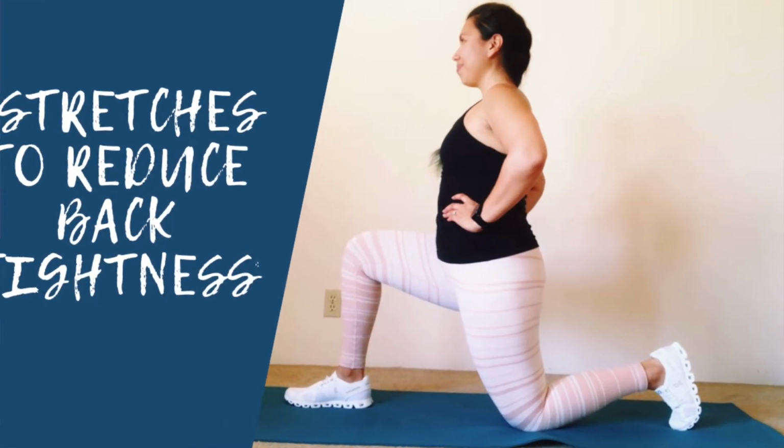Hey you guys, so for today's topic, I wanted to walk you through some stretches that I utilize to help open up my hips and my lower back. And I find that for my clients, these are also stretches that help to alleviate some discomfort inside the hip and also for lower back pain. So if you're someone that experiences that, I highly recommend that you grab a mat and join me in these